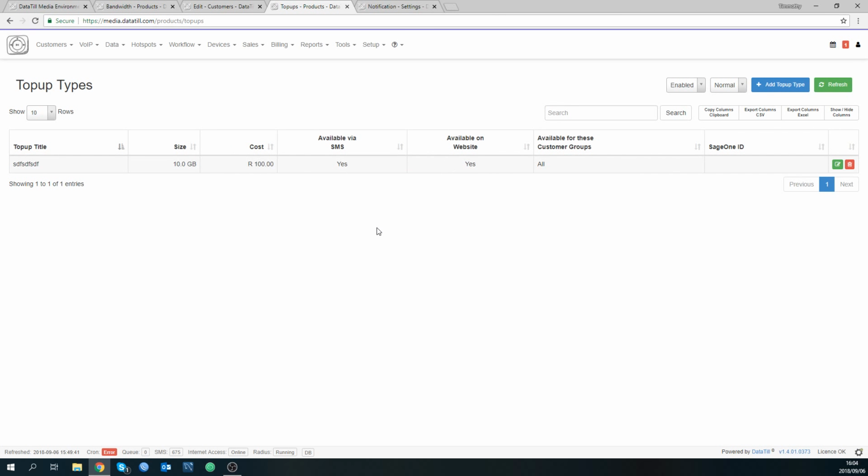As you can see, now we have a top-up type here. So 10 gig will cost 100 Rand. The client can request this via SMS. Right, now there's a further step. Creating the top-up type does not initially mean it is made effective. For that, you will head to